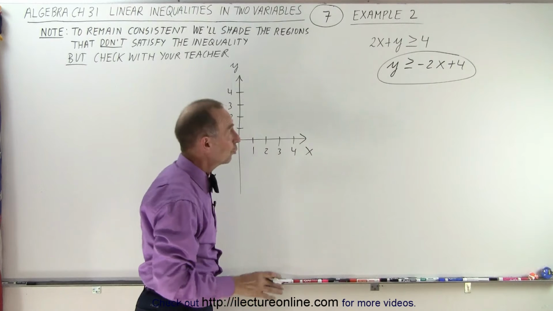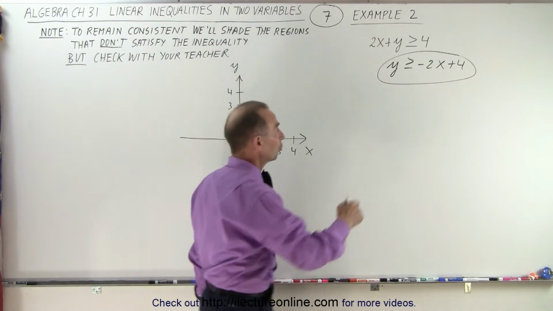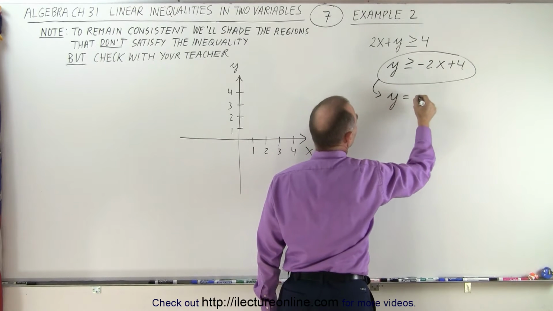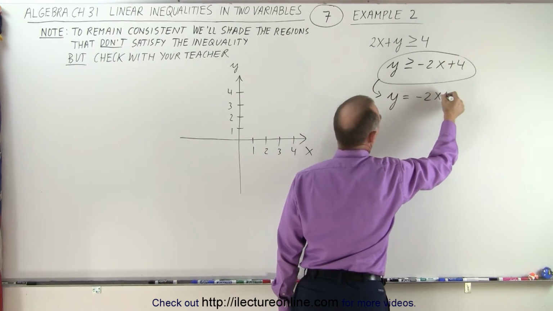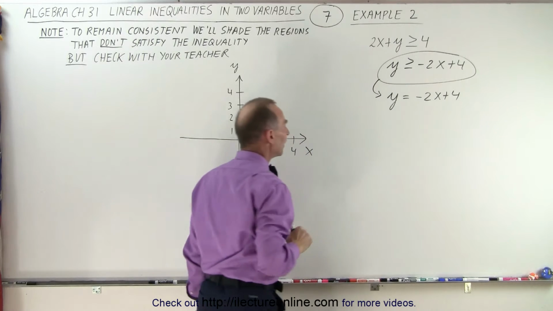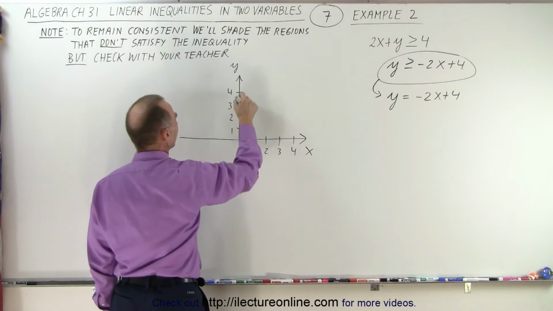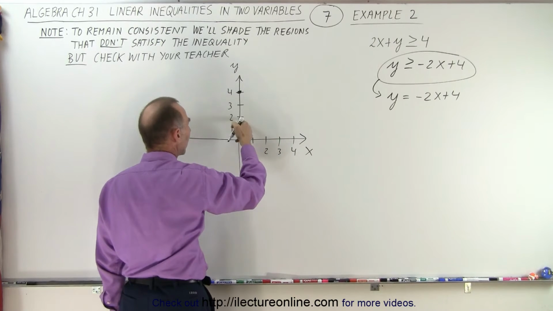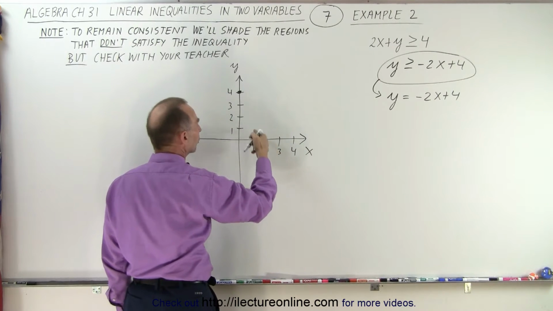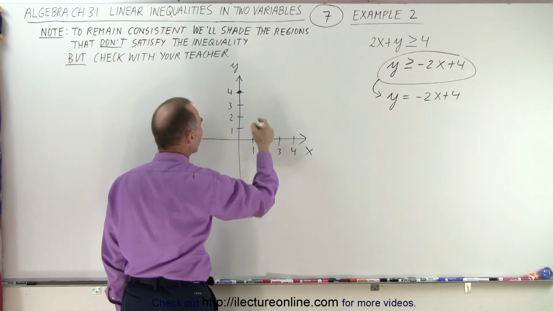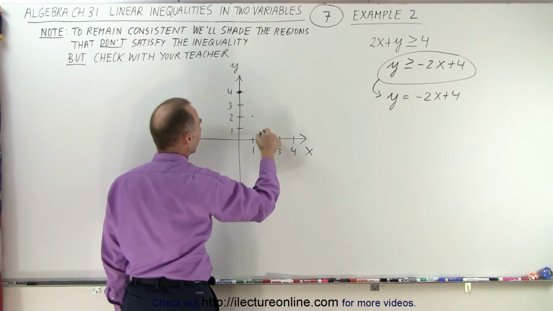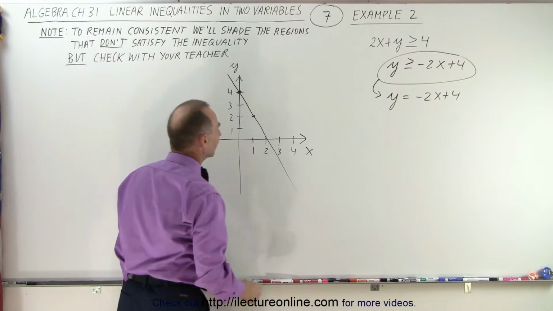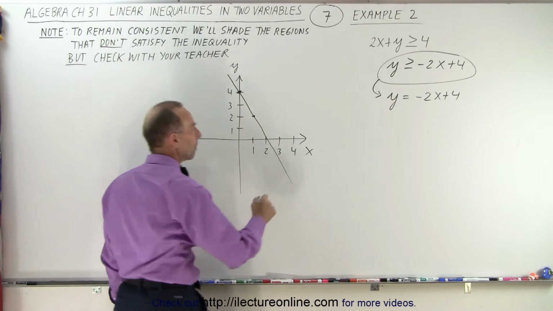The next step is to turn that into an equation, change this to an equal sign in such a way that we can find the boundary line, y equals minus 2x plus 4. So we're going to graph this line. So the intercept is at 4, 1, 2, 3, 4, right there. The slope is minus 2. That means we go down 2 over 1, down 2 over 1. So that means there and there. Well, actually, it kind of goes like this. All right, so there's our line, y equals minus 2x